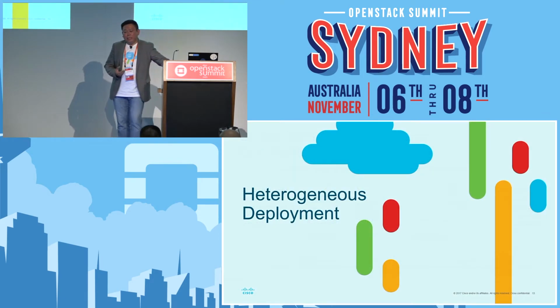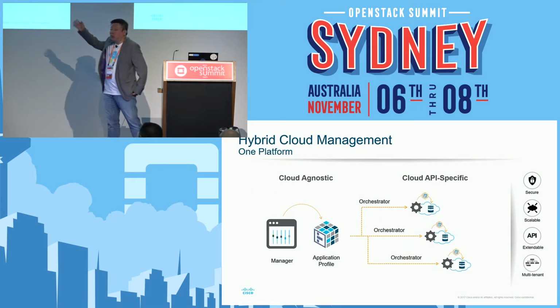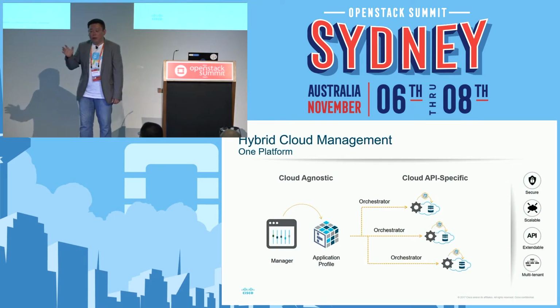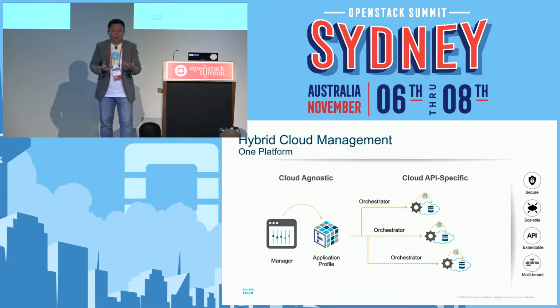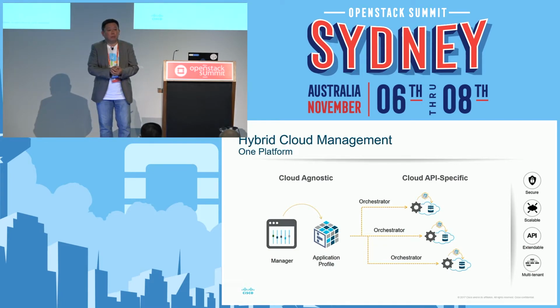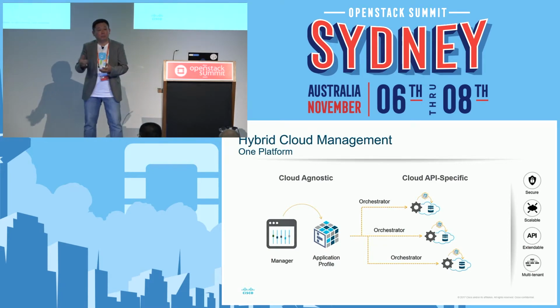So what makes it easy, in terms of heterogeneous deployment, is the capability of each orchestrator that we target out to the cloud to be able to understand the infrastructure, right? If you look at it, it's not rocket science. We are doing mapping to the AMIs in Amazon. We're doing Google instances mapping, right?